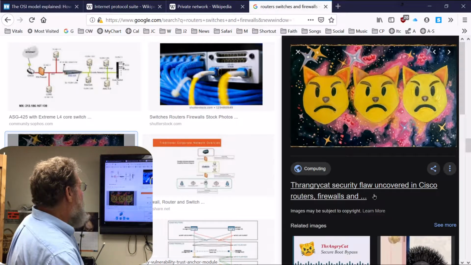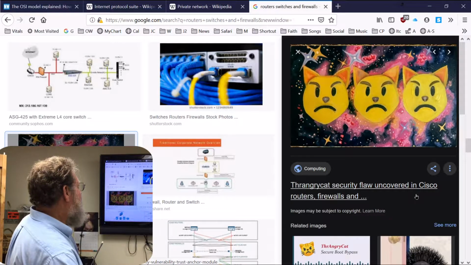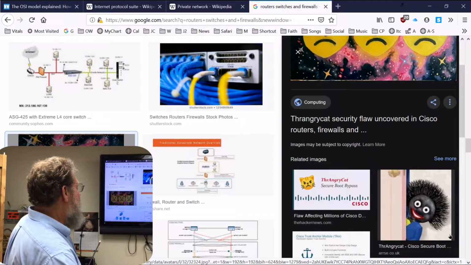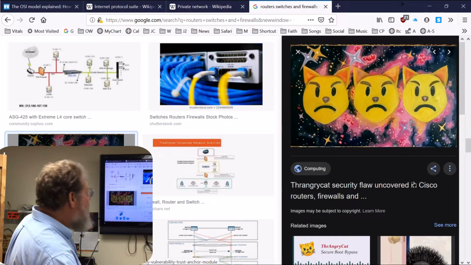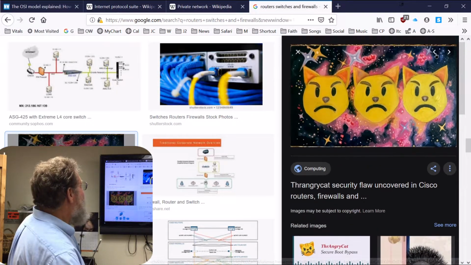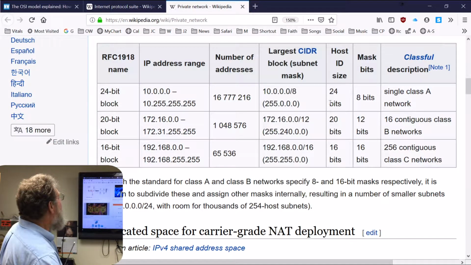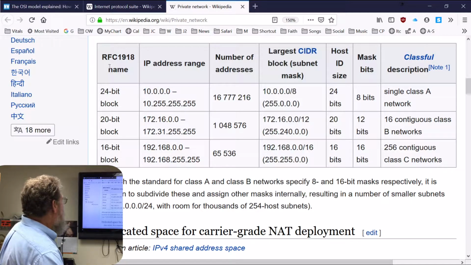So, I don't know what this is. It's a security flaw uncovered by Cisco routers. I thought it was kind of a cool picture. That one's not politically correct. I'll get that up right away. Okay, so